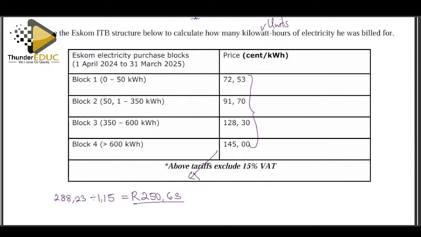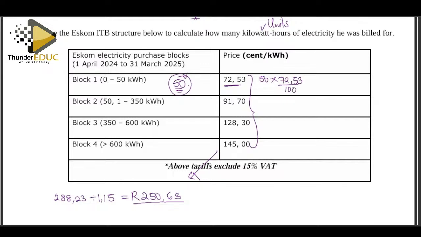So we need to ask ourselves, how many units were they? So we need to break down the table. In block 1, from 0 to 3, he used 50 units. Ask how much did it cost him for 50 units? So we say 50 units times this money here. But this money, let's put it into rands. So it will be 50 times 72,